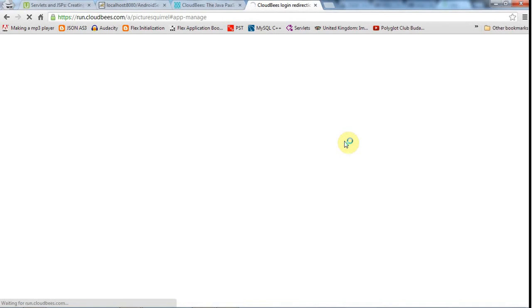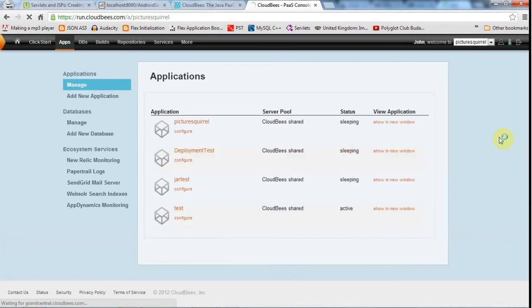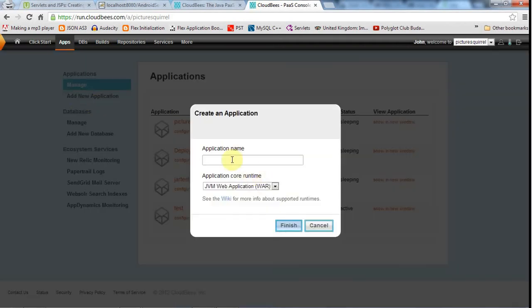You can even have a free database of up to 5 megabytes to work with your application. I'm going to click add new application, and let's call it Android server. Click finish,